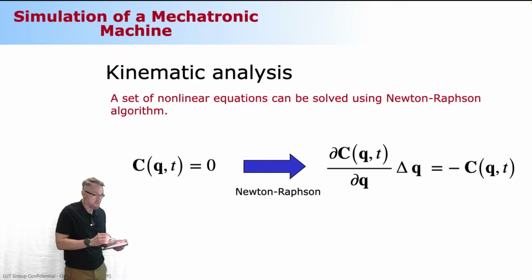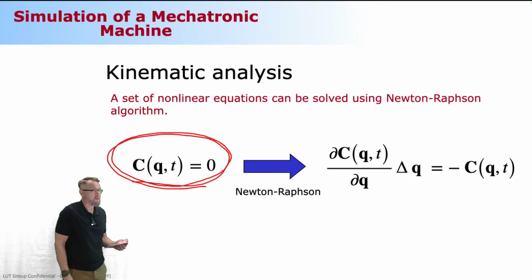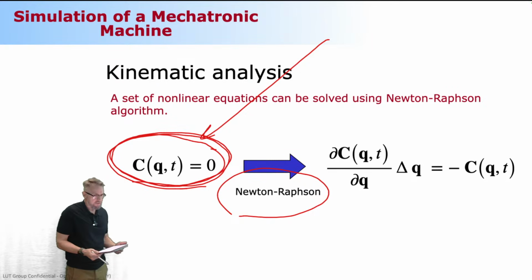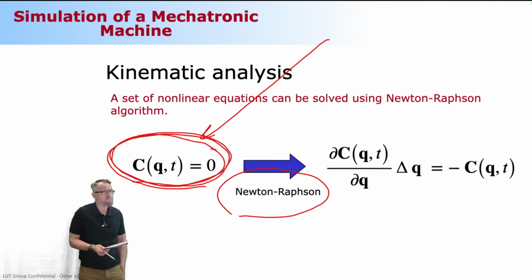And then what you're going to do with this vector C, you're going to solve this. And how are you going to solve it? This is something that you have heard about earlier. This is based on Newton's difference, sometimes called the Newton-Raphson method. Basically, it is the way to solve these nonlinear algebraic equations. Generally speaking, you cannot solve them in closed form. You just cannot, because the unknowns that we are really interested in are not explicitly mentioned, but they are hidden